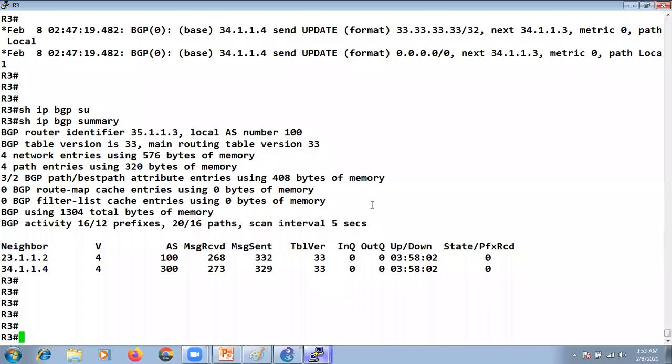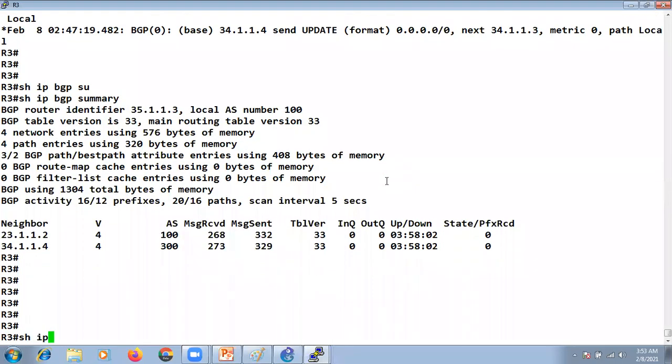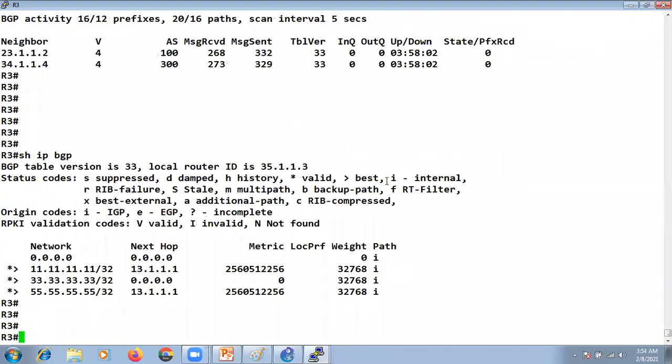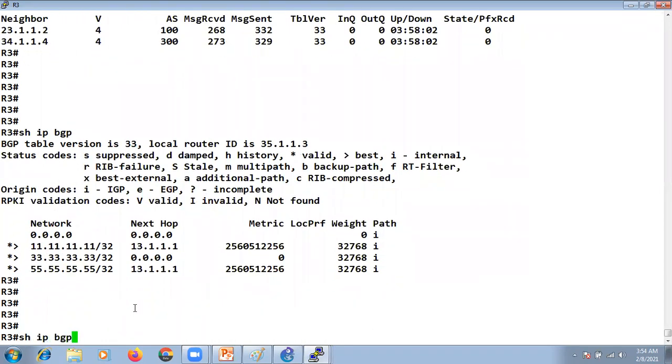I'm on R3. Show IP BGP. Let's say I have two routes in my BGP table, 11.11.11 and 55.55.55, and I'm advertising both these subnets to my neighbor.